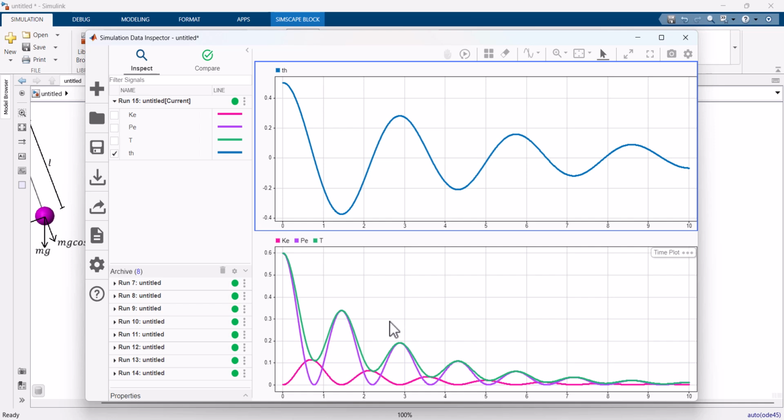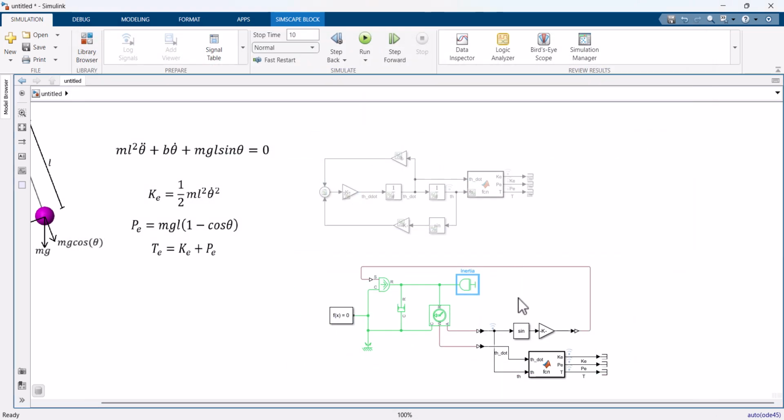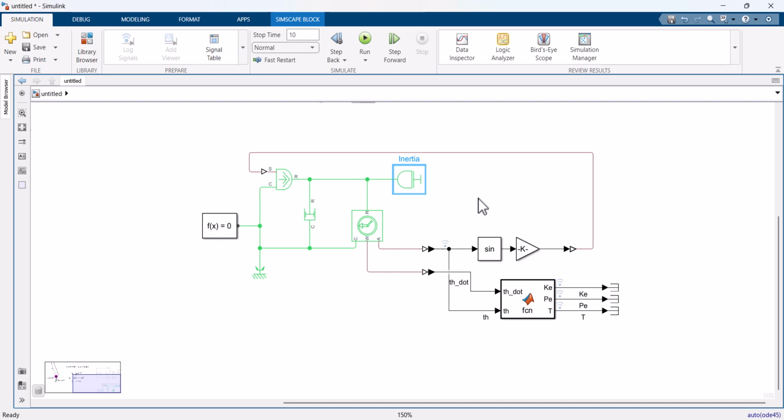I guess it is not like what we have seen earlier, because earlier we saw that at around 6 seconds, the oscillations completely died out. But over here, the things are still going on. I guess we have made some mistake. Let me go back and